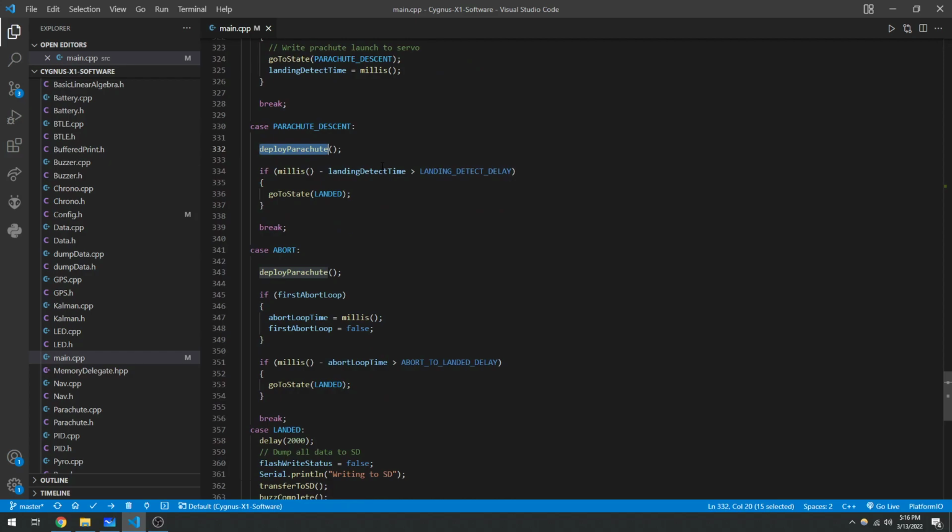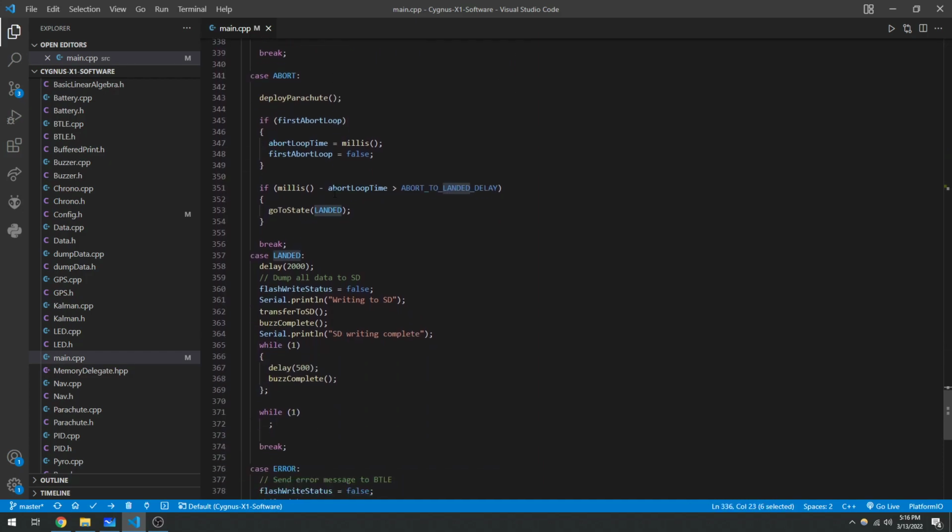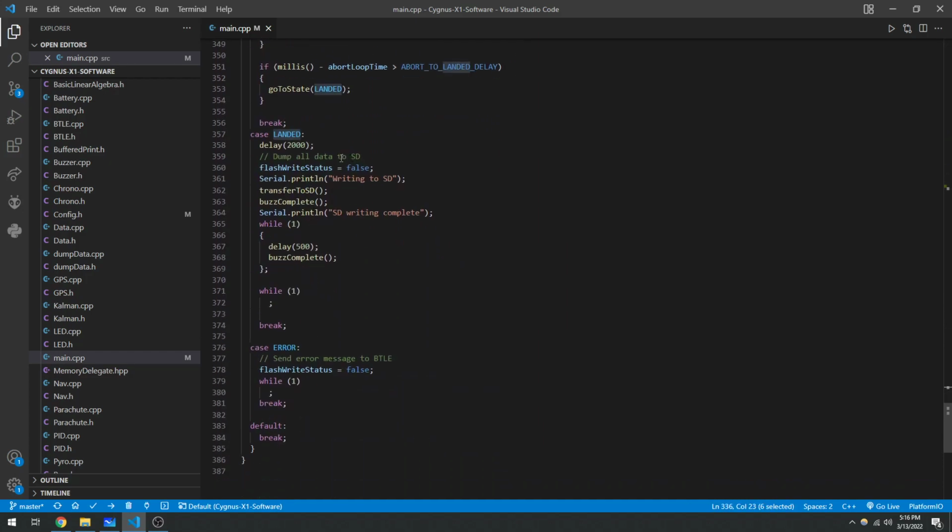And at this point, we're just waiting for it to land, and the only thing we're doing to see if it's landed is just waiting a certain amount of time since we deployed the parachute. In this case, 15 seconds after we deploy the parachute, we're assuming the rocket has landed. In landed mode, we wait a little bit, we write the data to the SD card, and then we do a bunch of buzz completes,